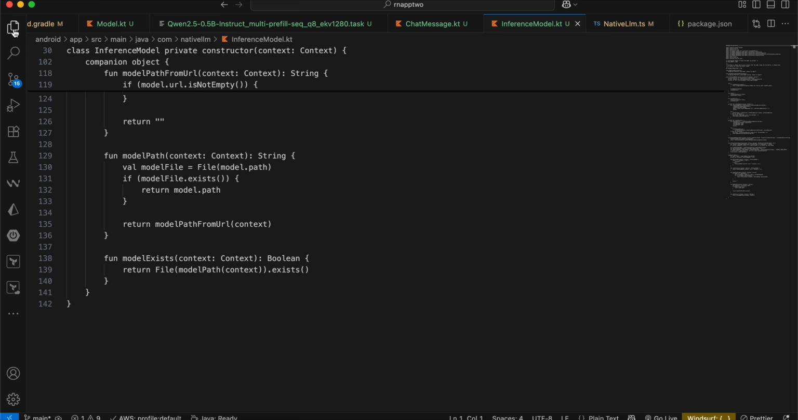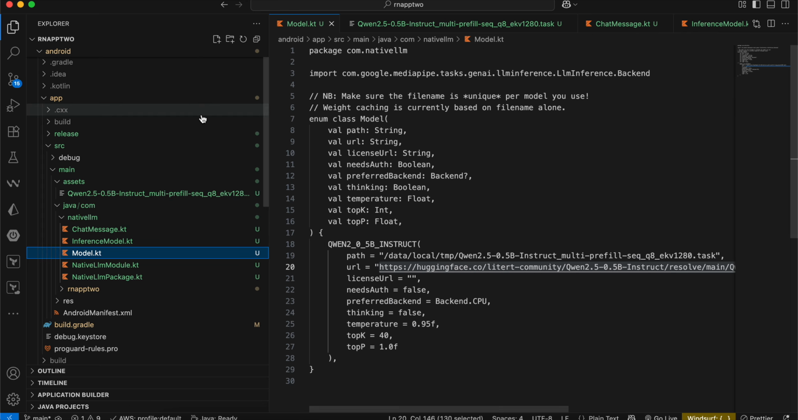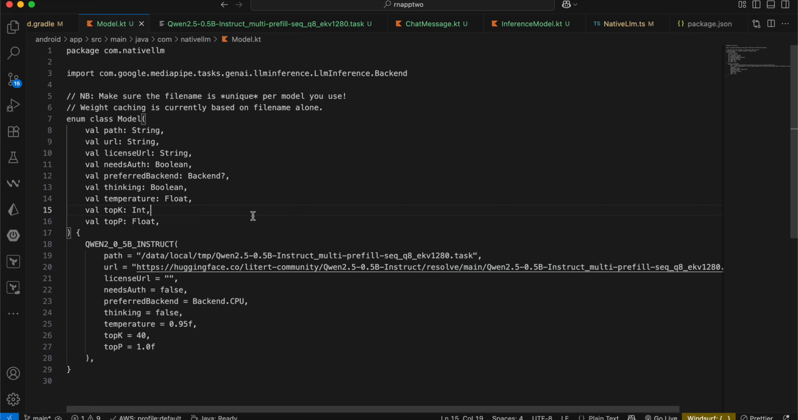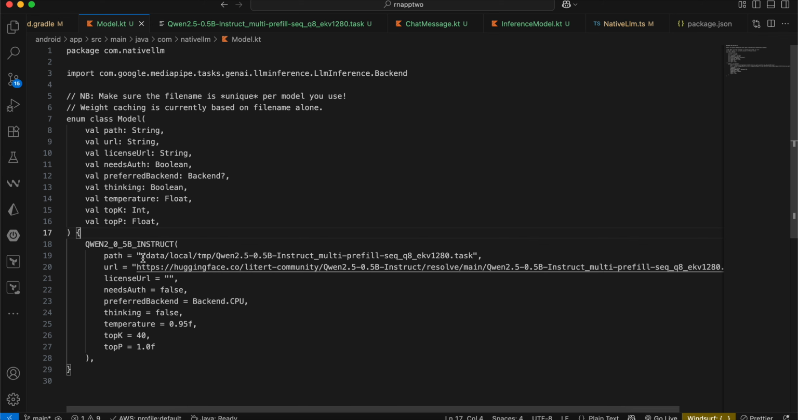Okay, then what you need to do is go to model.kt as well, and here you need to add this particular model class as well. So here you can see we are using this Qwen2 0.5B Instruct. Now this is the code. Now what is this particular path? So in our case the